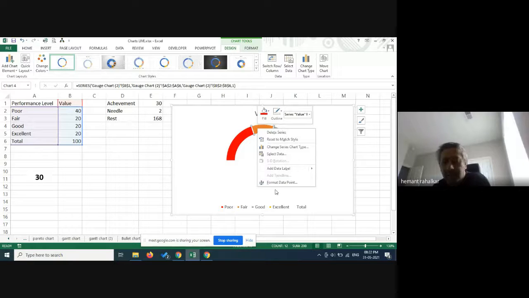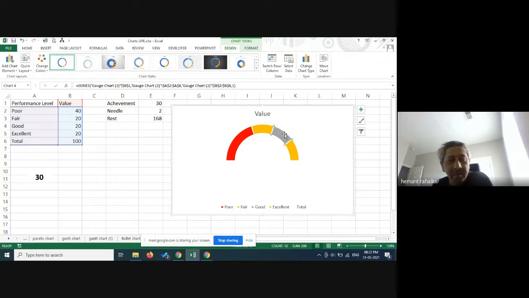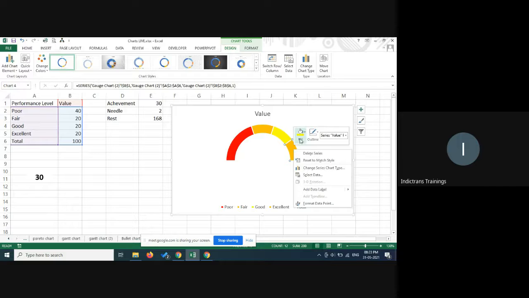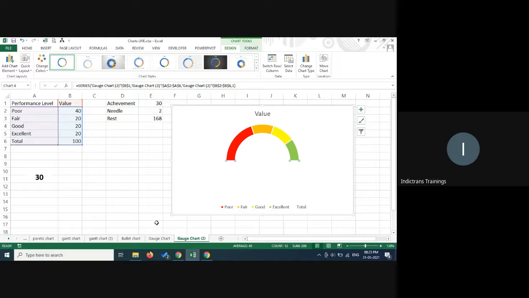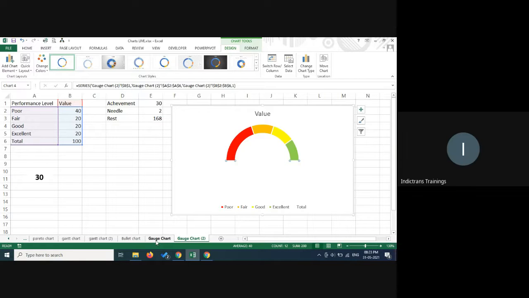Hello, Shrikant sir. Hi, Hemant. Yeah, I joined late. Anyway, today's the last session. We just studied the gauge chart, and you can open the chart file, where you'll get the data for the gauge chart. We just started, and you can follow. I will also share the recording with you, so you can do it later, but you can follow what I'm doing right now because I'm just repeating this.